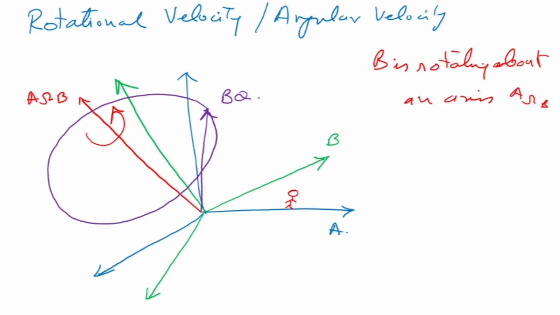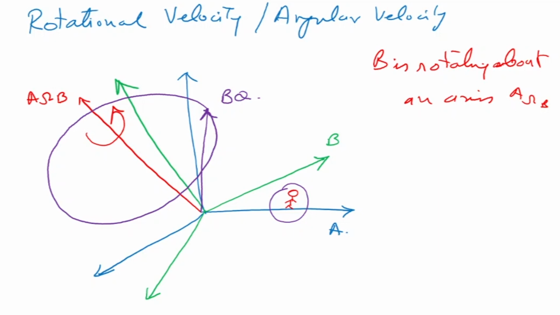So if you're sitting in frame A here and you're observing this point Q, what will you see? The frame B is rotating. What you'll see is that this point Q is rotating along with the frame B about this axis, so it'll take a circle like that. Because it is taking a circle, it has an angular velocity, but it also has a linear velocity. Now why does it have a linear velocity?